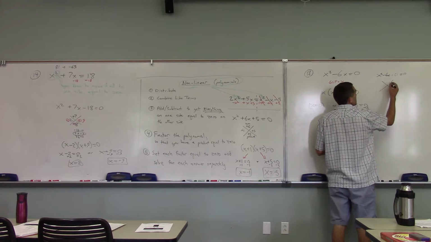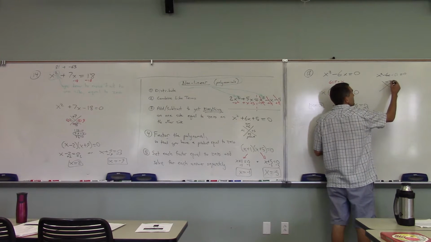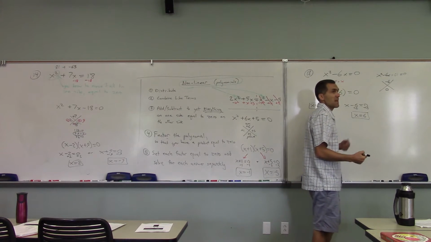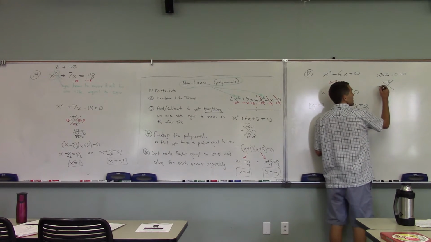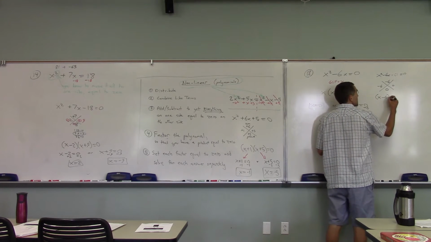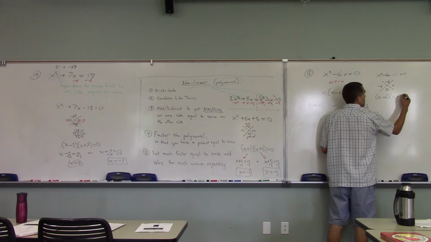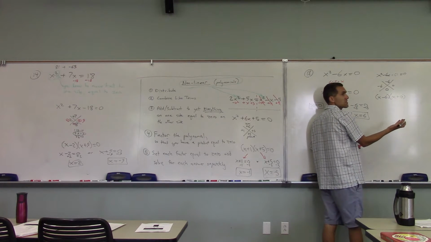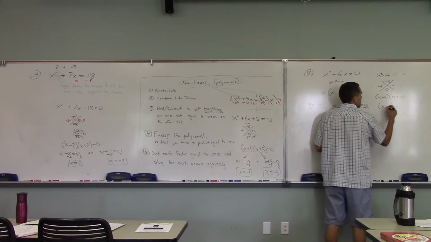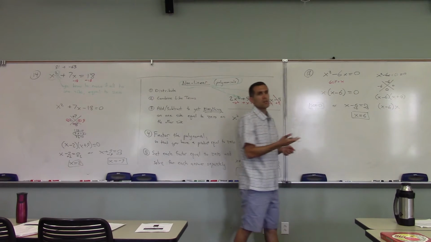Okay, the sum is negative 6 and the product is 0. So what numbers multiply to 0 and add to be negative 6? Negative 6 and 0. So our factors are x minus 6 times x plus 0. And x plus 0 is the same thing as just x, right? So this is x times x minus 6, which is the same thing we got over here using just the